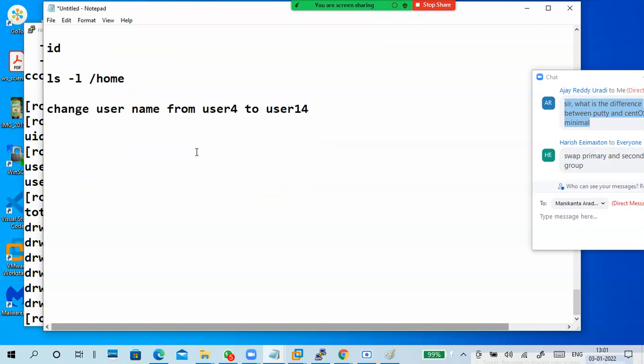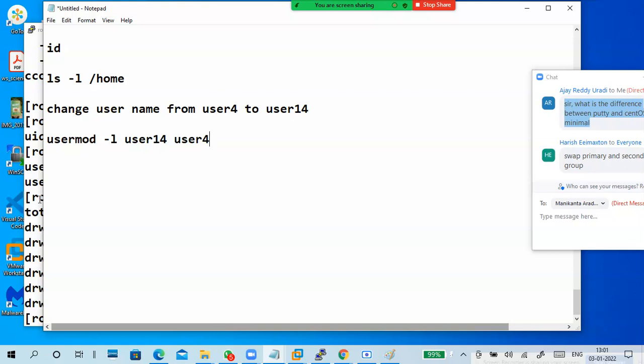How to change it? Tell me the command. usermod, very good. usermod -l new name, so user14, old name user4.